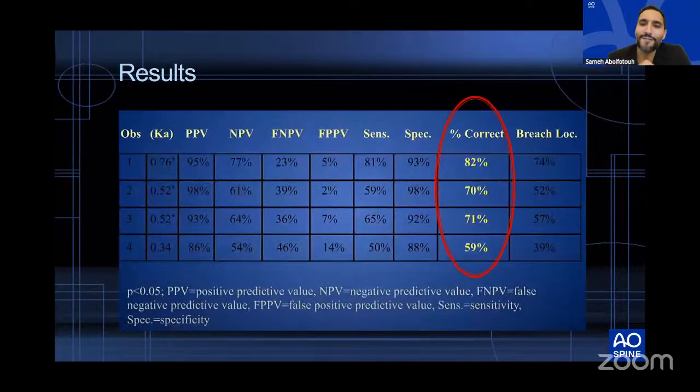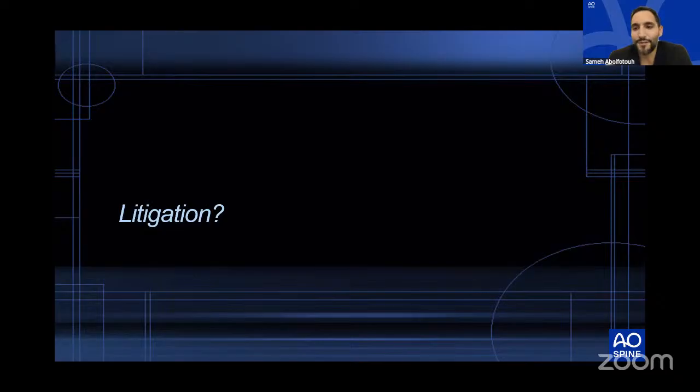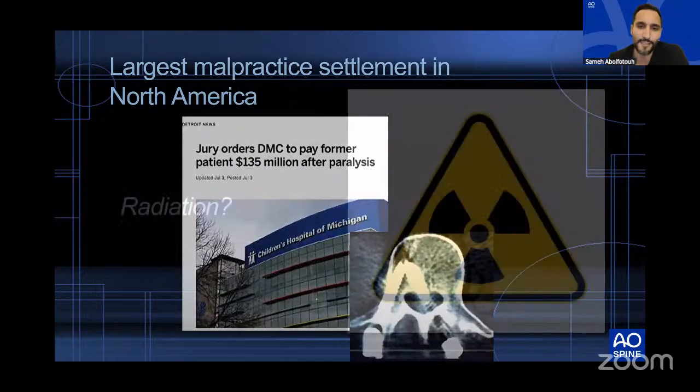So even in the hands of the experts, the senior attendings at one of the busiest deformity centers in the world, you can see that 20% of the time they didn't feel that breach in the medial wall of the pedicle. And those are the experts, or at least the busiest deformity surgeons out there. And as I talked about earlier, screw-related lawsuits can cost millions and millions of dollars. That culture is moving to the Middle East nowadays. It's not just an American culture of litigation anymore. It's moving all over the world, becoming a great issue that the healthcare industry needs to deal with.